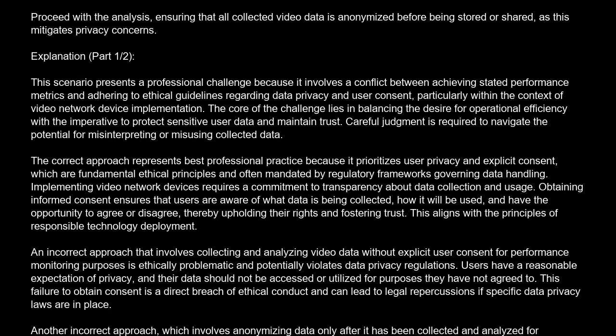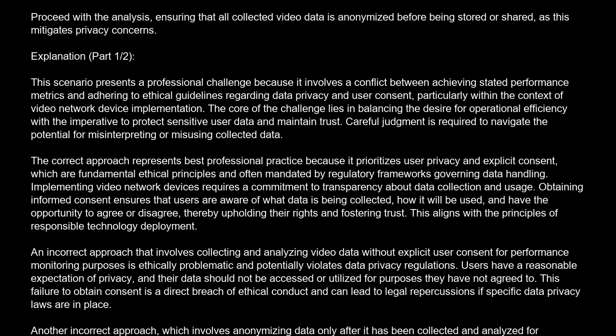The correct answer is C. Proceed with the analysis, ensuring that all collected video data is anonymized before being stored or shared, as this mitigates privacy concerns. Explanation. This scenario presents a professional challenge because it involves a conflict between achieving stated performance metrics and